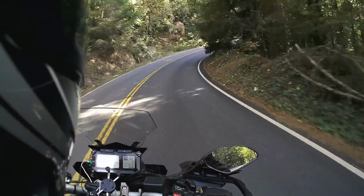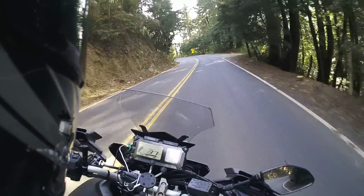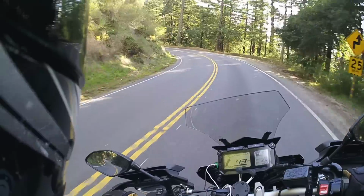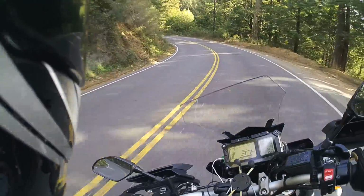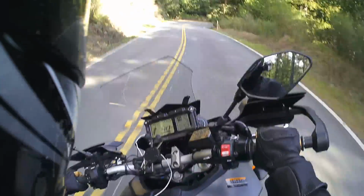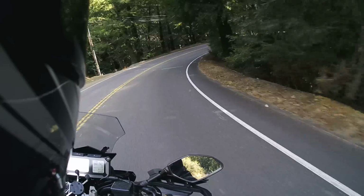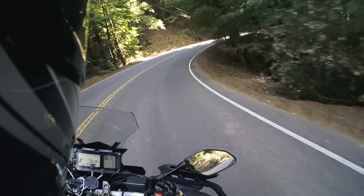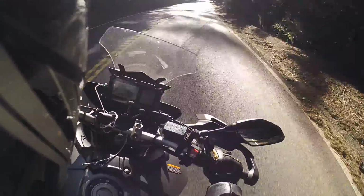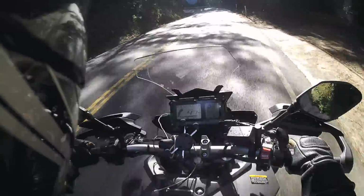So it's really fun to ride. It's smooth. It's really powerful, and the handling is a lot better than most adventure-style bikes. Although I don't know if this is really an adventure tourer. It's got 17-inch wheels and a little more suspension travel than the FJ-09. A little higher quality suspension than the FJ-09, but not too much. It's a cartridge fork design, but it's